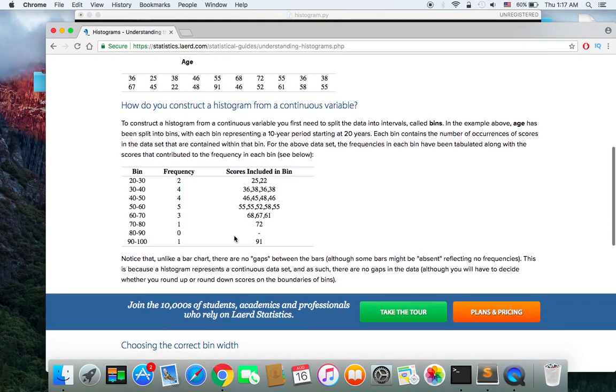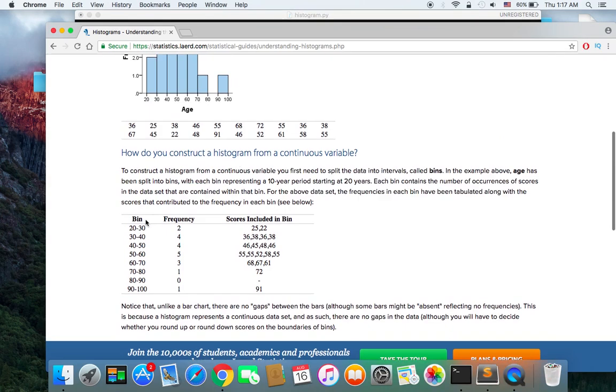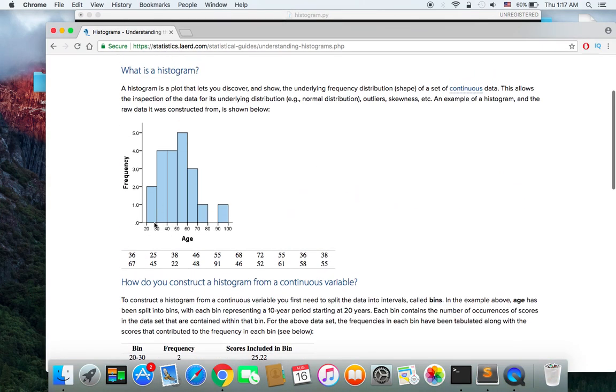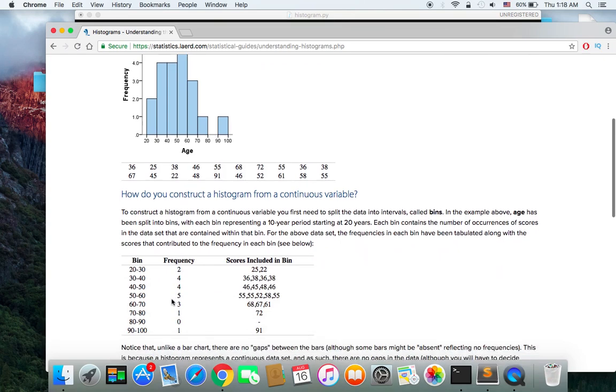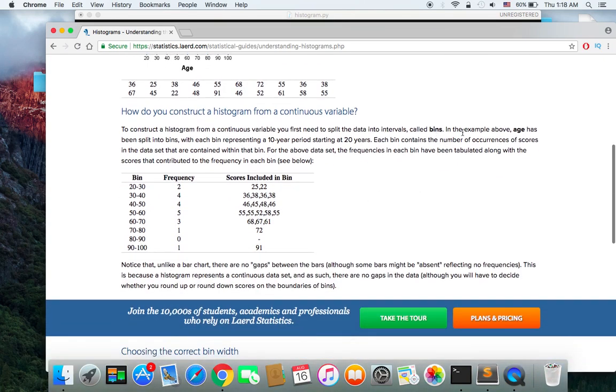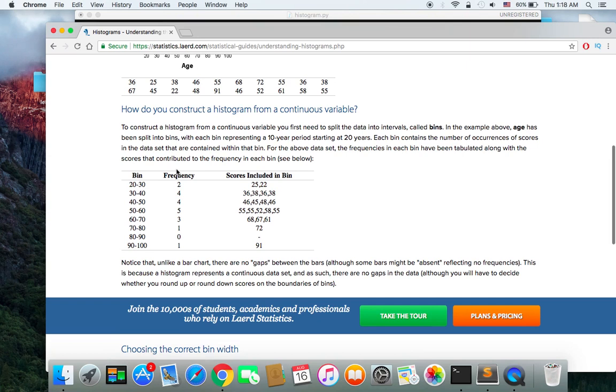And one more thing that I need to discuss quickly, which is very important, is called the bin. The bin is the period that determines the age group, the range between one group and the next one. So here it says in the example, age has been split into bins, and it also says that there is no right or wrong way